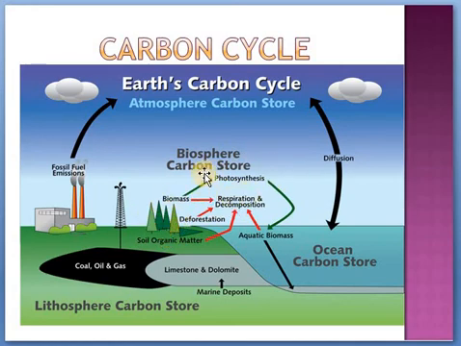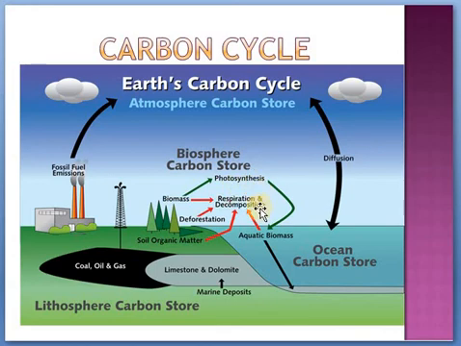Okay, so the first thing, carbon is entering into an organism through photosynthesis. So this is the first entry point, photosynthesis, and it's being converted into food. And that food will be going into another organism, like an animal. And then how does that come out of an organism? When photosynthesis is being produced, that will be in the producer, and from the producer it is going into a consumer.